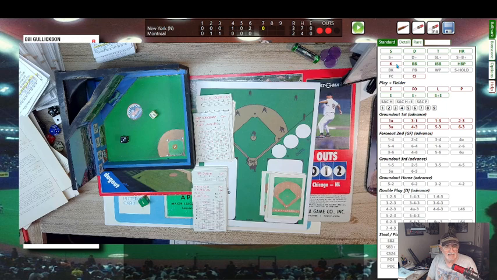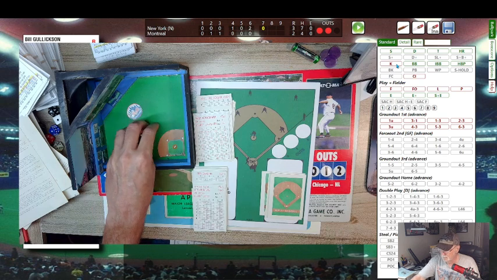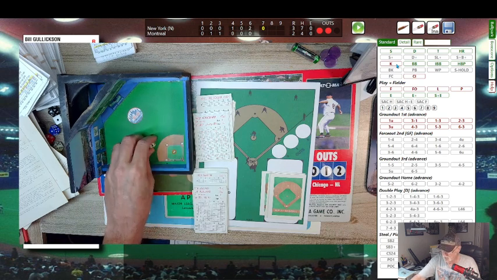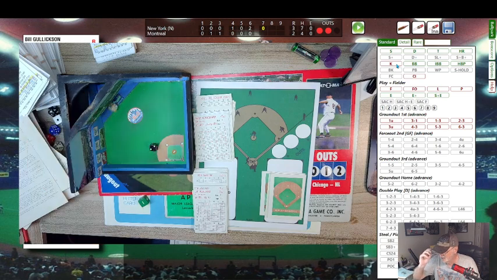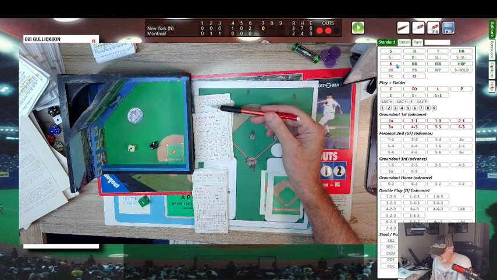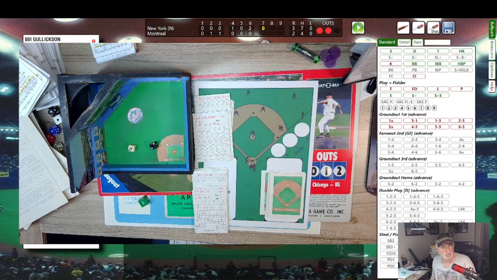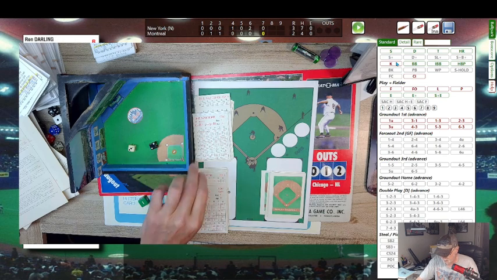Okay, so there's 2 outs, and here comes Winningham. Herm, right? Not Herb, but Herm Winningham. Pitch, and that's a 2 and a 3. I usually use a pencil for this. It's a little bit easier for me. 3, it's a 6. Checks his swing, and he went around, and he strikes out, and that ends the inning. We go to the bottom of the 7th.